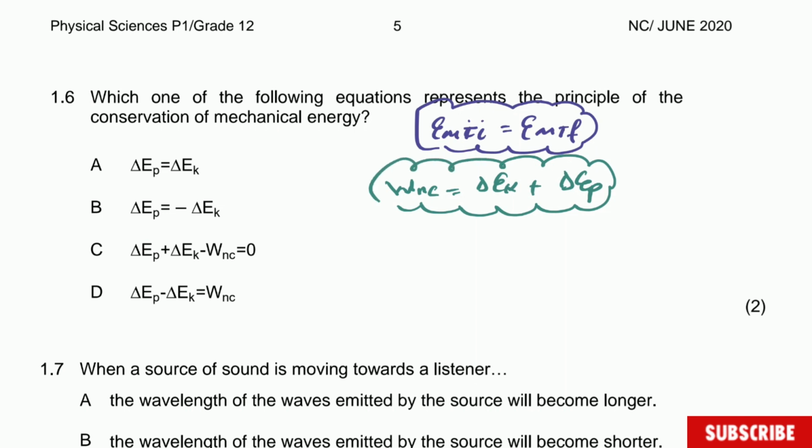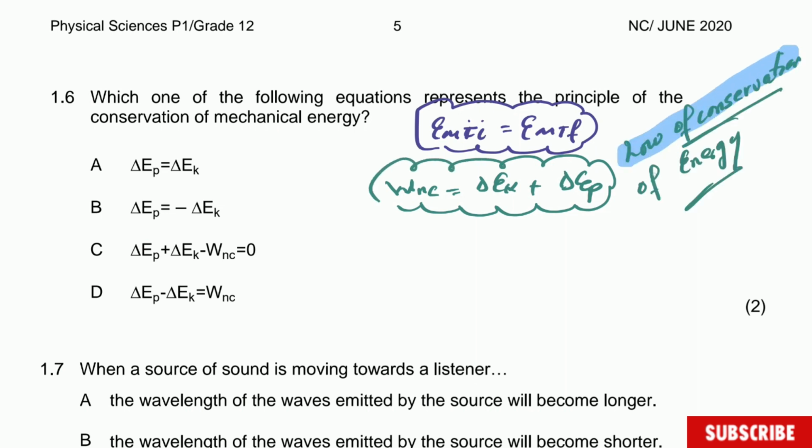This, in other words, is the law of conservation of energy and is always applicable. However, in this case, they speak about mechanical energy. So for mechanical energy to be conserved, there must not be a non-conservative force. So in other words, this must be equal to 0. And if we sort this one, we have that 0 is equal to the change in kinetic energy plus the